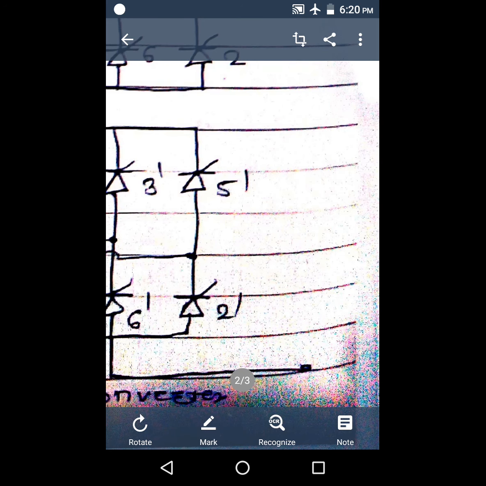So when we are using this multiple bridge converter arrangement, mostly we prefer even numbers. So that will be 6, 12 or 18 pulse converter arrangement. Again, when we are using the input side with different types of connection of the transformer, that will be star-star or star-delta connection. Again that we will see in the next diagram. According to that we will get the output for the DC and AC, that is shown.